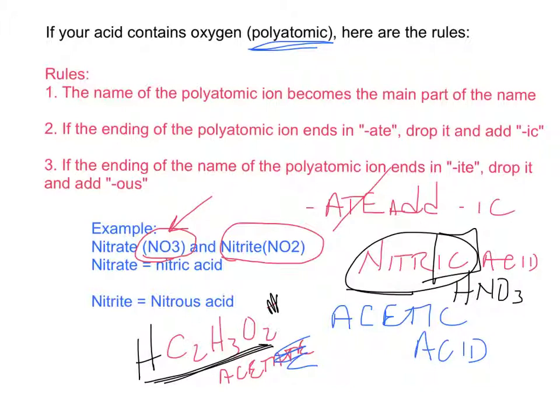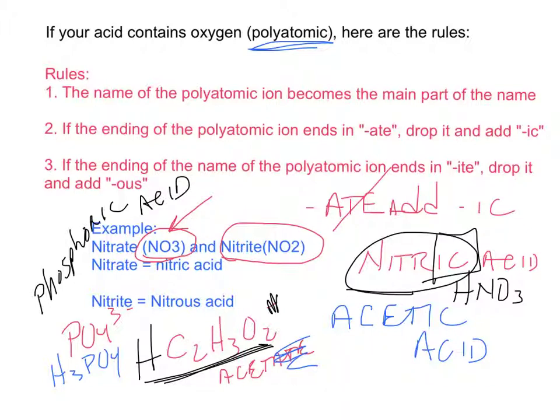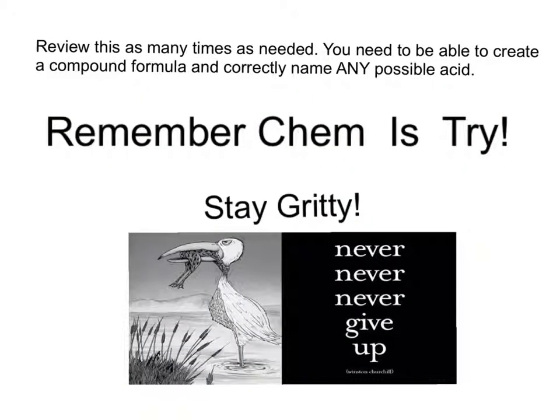So one last example right here. If I have phosphate, PO4 with a 3- charge, I need 3 hydrogens. So its formula is going to be H3PO4. And its name, which I'll write up along the side over here, would be phosphoric acid. Now I would go over this as many times as you need to make sure that you can create an acid from any of the polyatomic ions that we've been given that you need to memorize, and anything from group